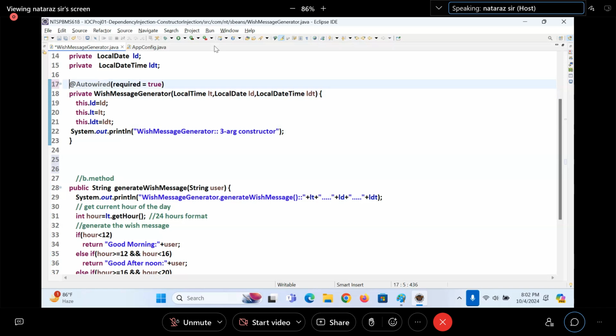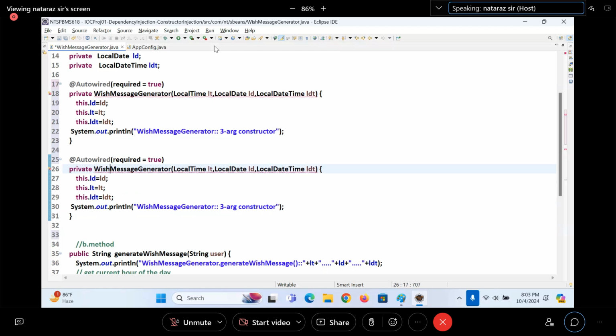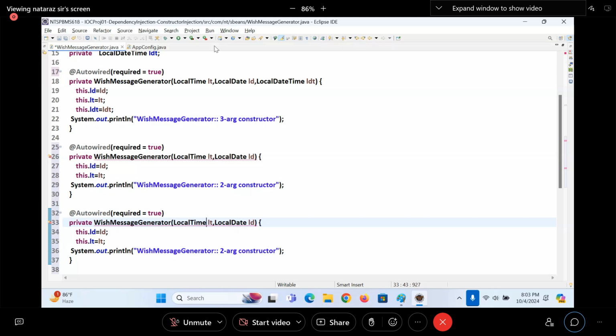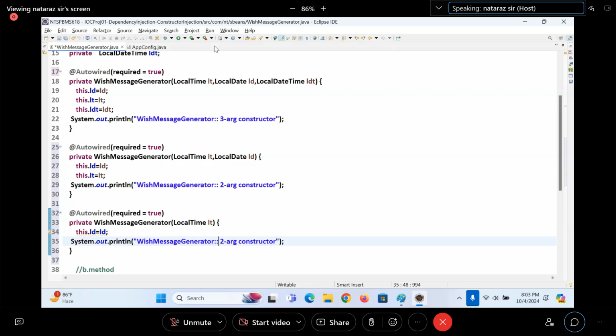See now, I'm taking a two-param constructor, and also a one-arg constructor.